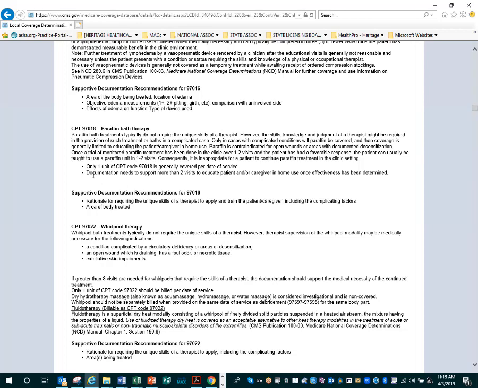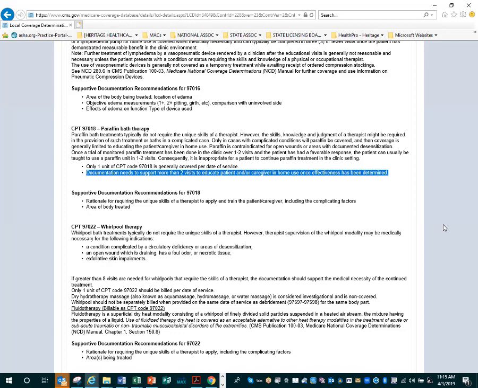It has some limitations, quote unquote limitations, because it doesn't mean this statement: documentation needs to support more than 2 visits to educate patient or caregiver. That means that as a general rule, continued use of paraffin bath as a skilled treatment is not necessarily skilled in nature